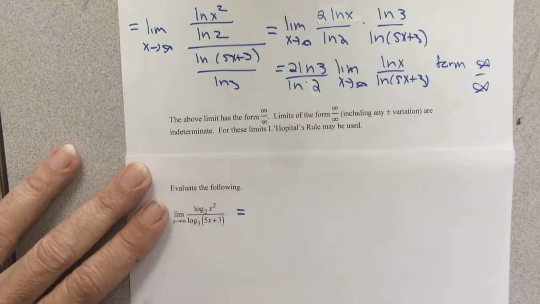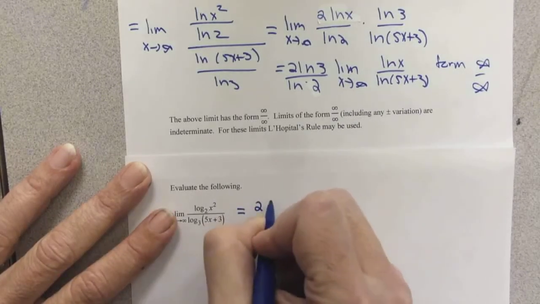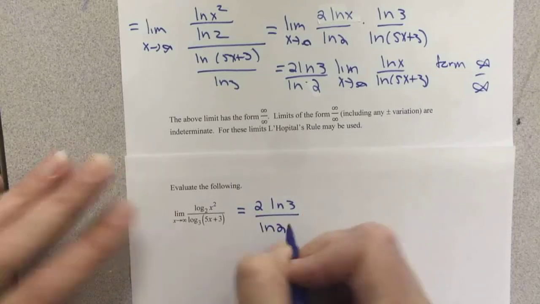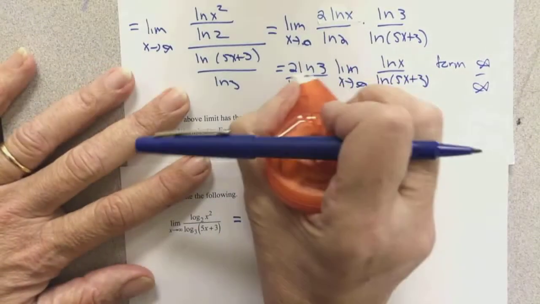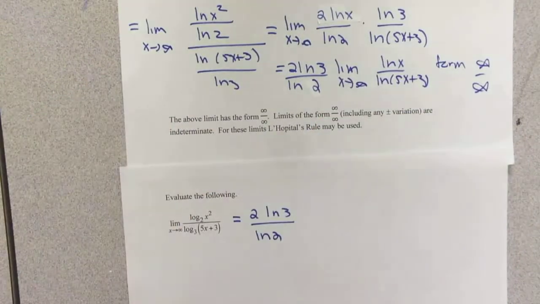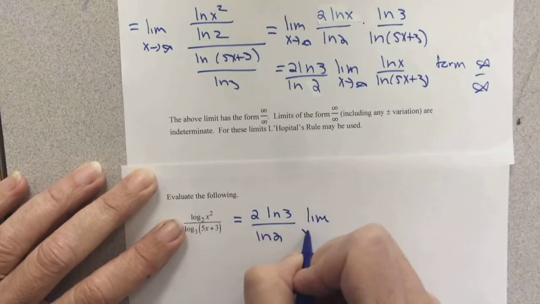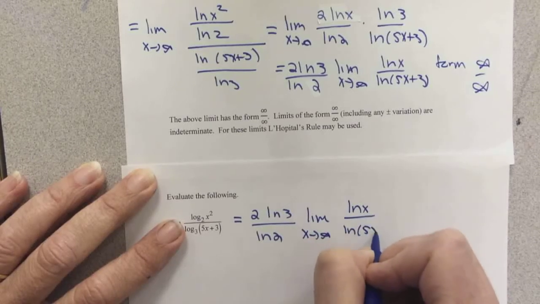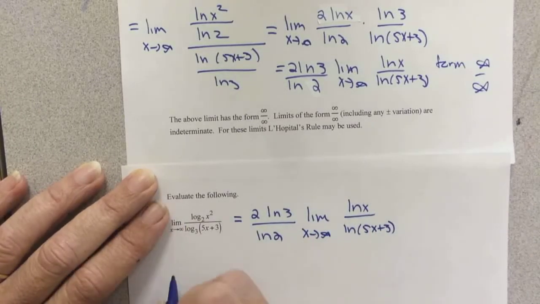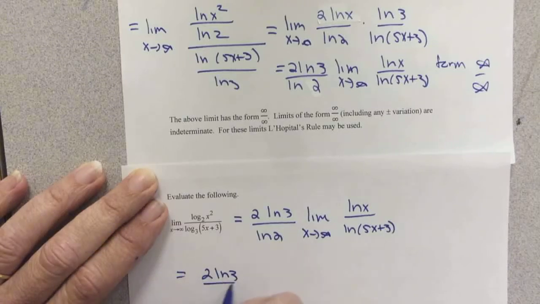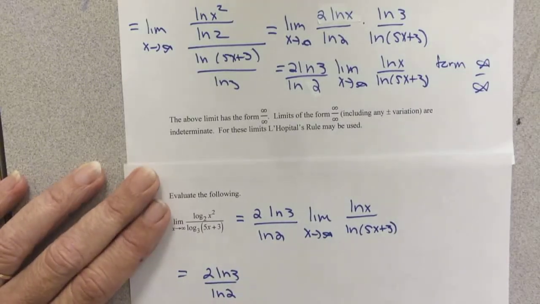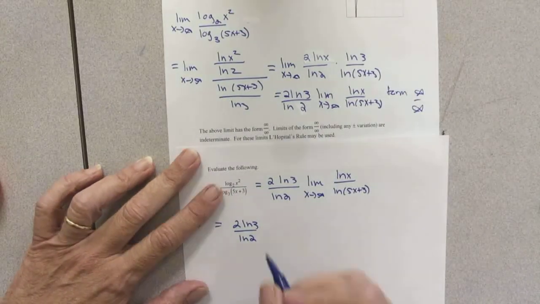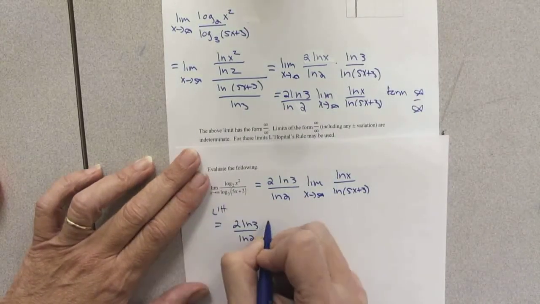So now we've done all the simplification, so I'm not going to do it again. And so that's 2 natural log of 3 over natural log of 2 times the limit as x goes to infinity of natural log of x over natural log of 5x plus 3. We already know that it's infinity over infinity. So we can go to L'Hopital's. So LH,